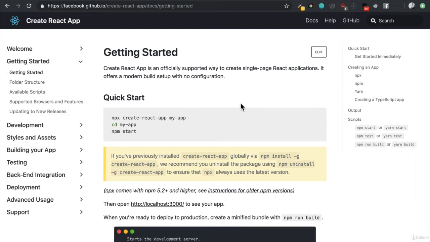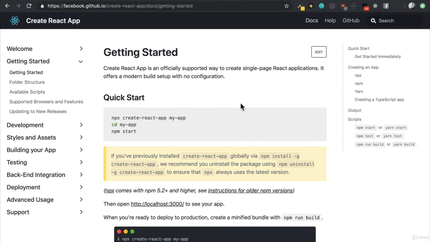Now, the Facebook team understood that it would be a lot of work for new developers to learn React and also learn all this configuration regarding Webpack and Babel. If they just wanted to write React, then there should be a quick way to start writing a React project. So this tool helps us spin up a project that already has all this configuration done for us.